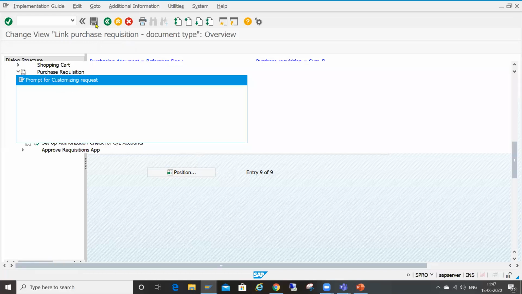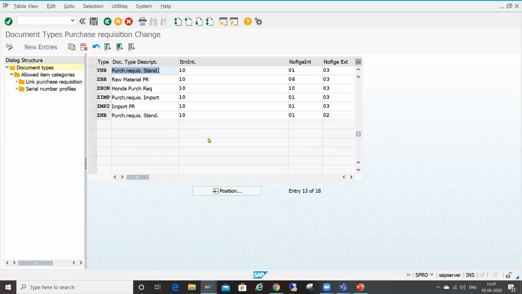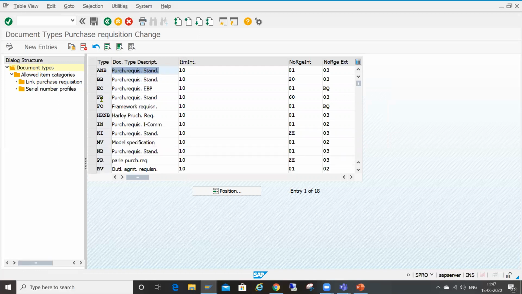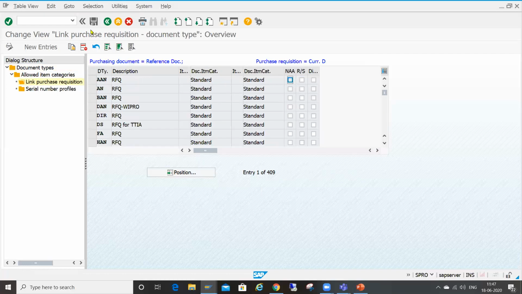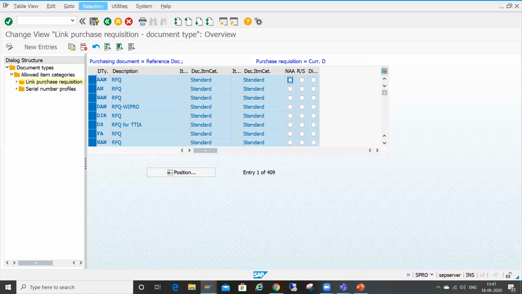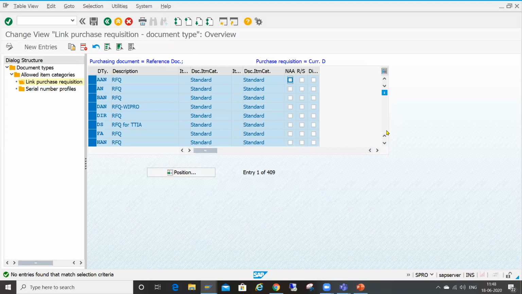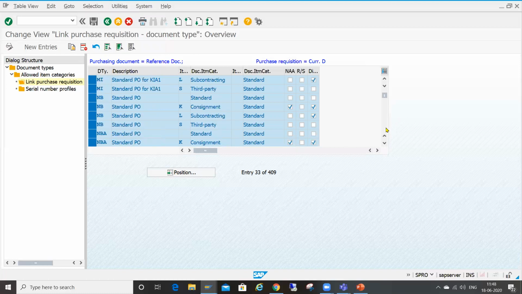Okay, save it. Since you copied from the NB document type, you have to delete here also. So here also it is deleted.